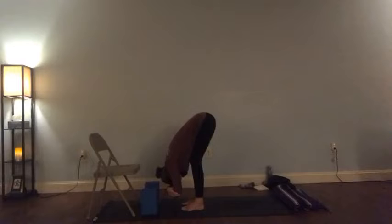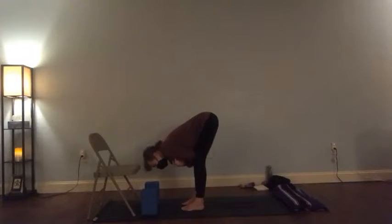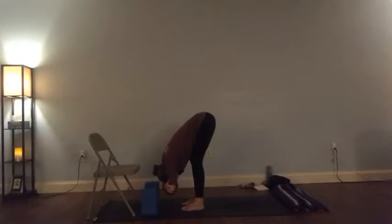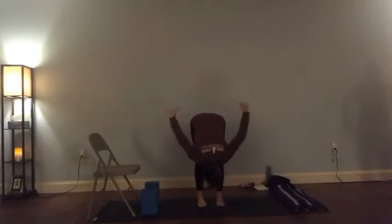Nice, full, deep breaths. And see if you can let your inhales and exhales come pretty close to the same length. You can count when you breathe in. Think of reaching that same count or close to it when you breathe out. Good, so one more breath here. And then from here, we'll let our hands come on up to our hips, bend our knees, rise on up